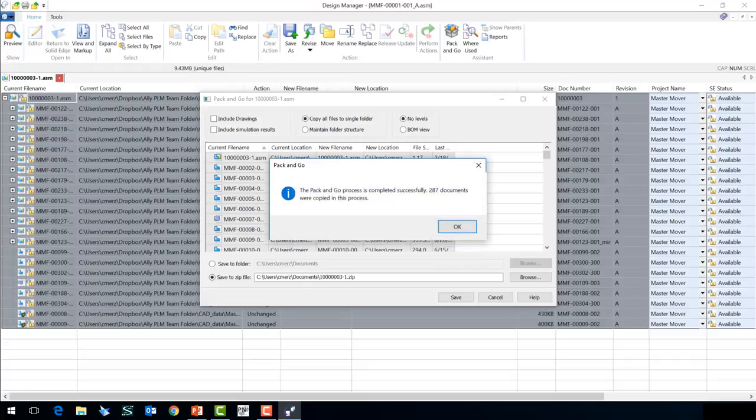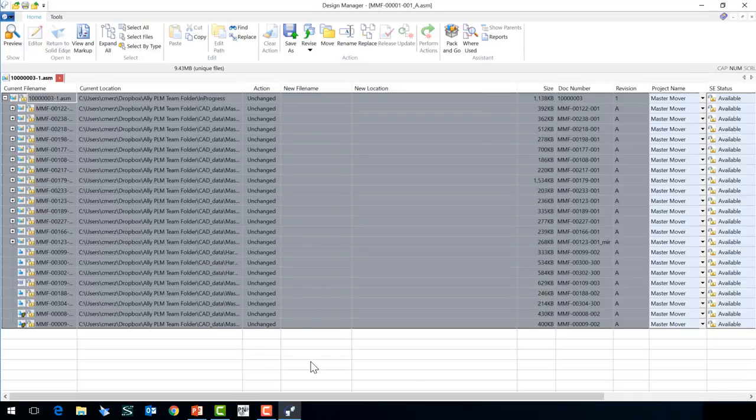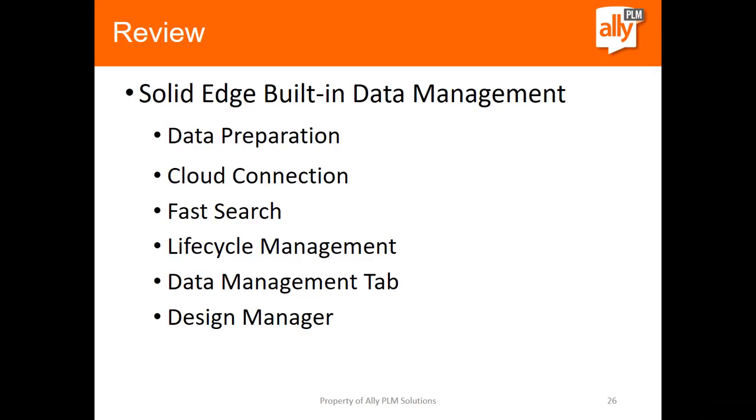The Pack and Go command will complete, telling me that all documents were copied to the specified folder. So let's review everything that we covered. The Solid Edge built-in data management, new with ST9, is a great basic PDM and PLM solution that works directly within Solid Edge. Designed specifically with smaller companies in mind, it is quick and easy to set up as I have shown,